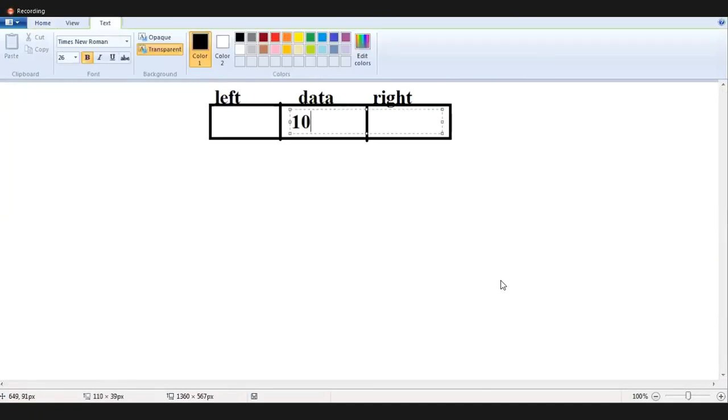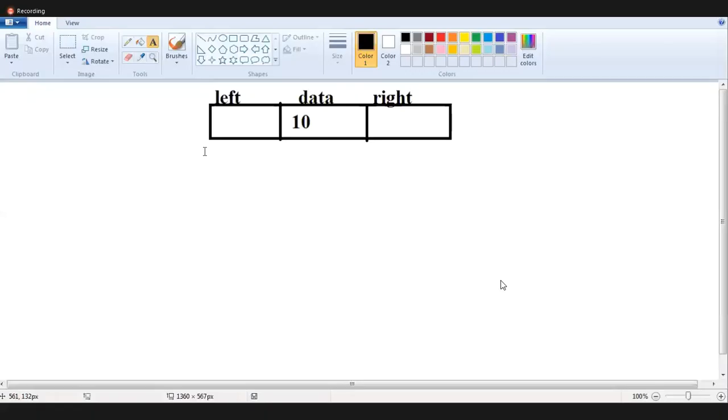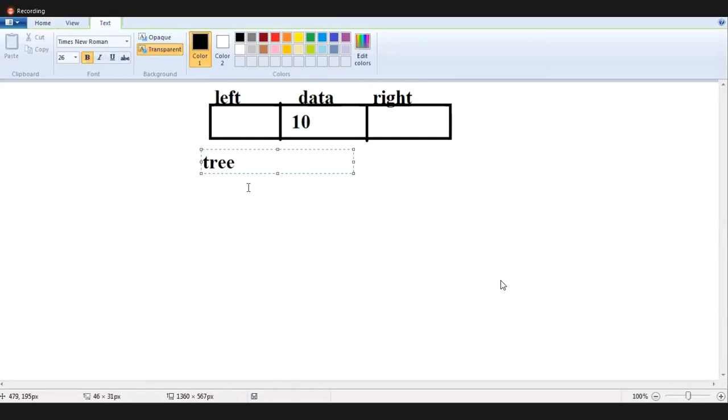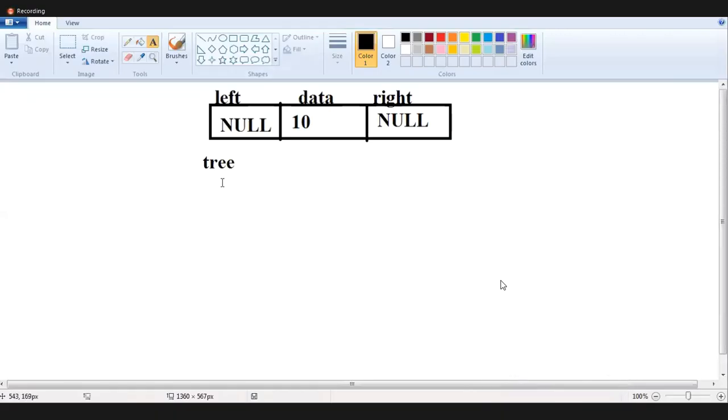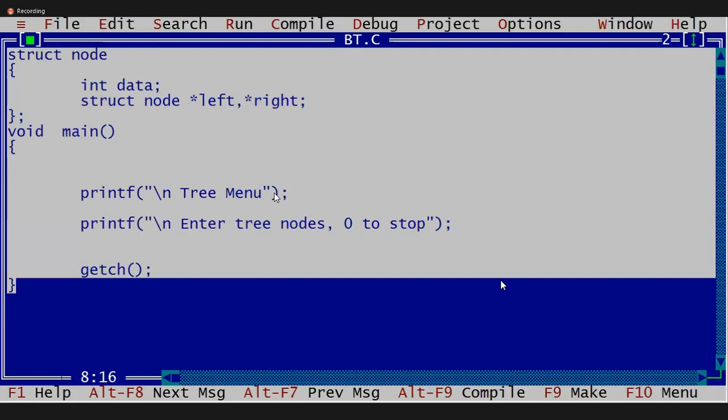What is the left node? For example, if you enter 10, what are the left and right? This first one we take as the tree node. This tree is a root node. Consider it as the root node. First, I will create that node, guys. What is the left by default? It is empty, nothing but a null. Create a tree node. This is also null, guys. Data, left, right. First I will create a tree node.